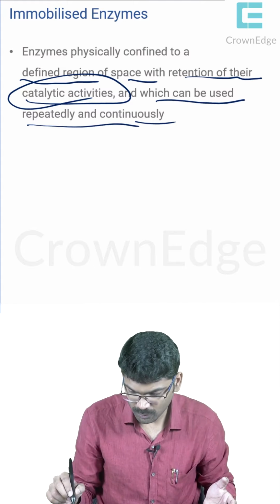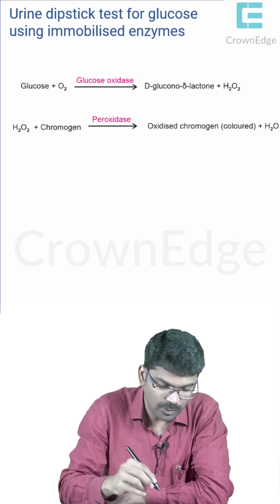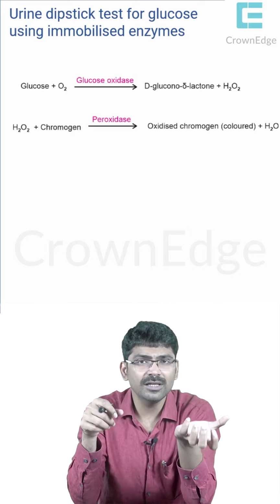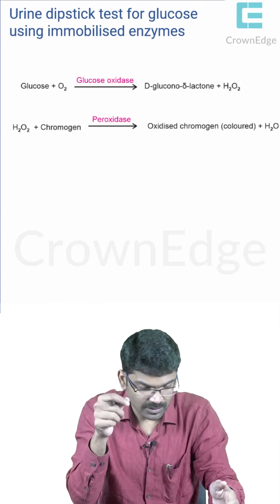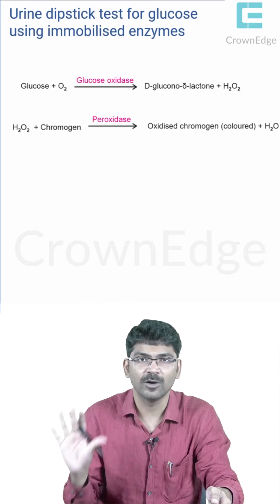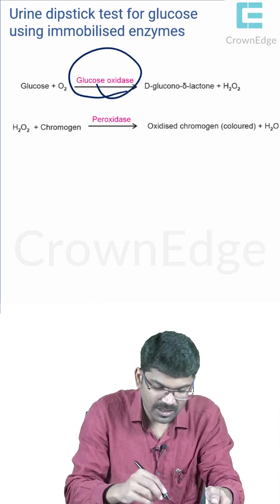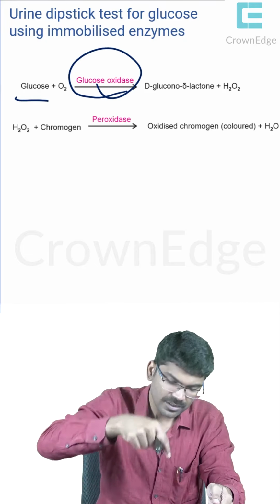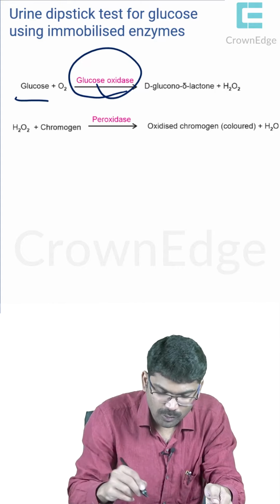So what are those? Look at this urine dipstick test for glucose. If someone is giving a urine sample in the laboratory, they check for urine glucose, urine protein and all, right? So the urine dipstick test for glucose is based on an immobilized enzyme only. In that dipstick, there will be glucose oxidase. In the urine, there will be glucose. So you are dipping that stick, right? The dipstick has glucose oxidase. It will act on glucose to produce